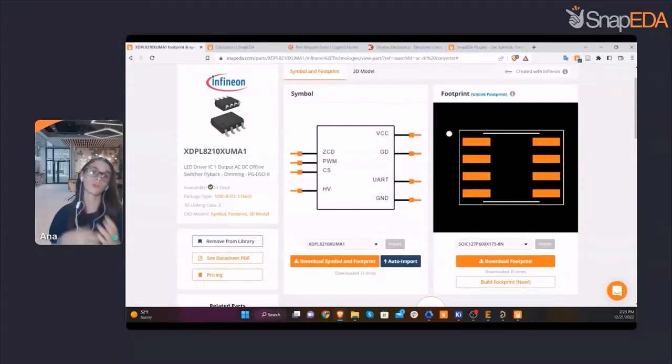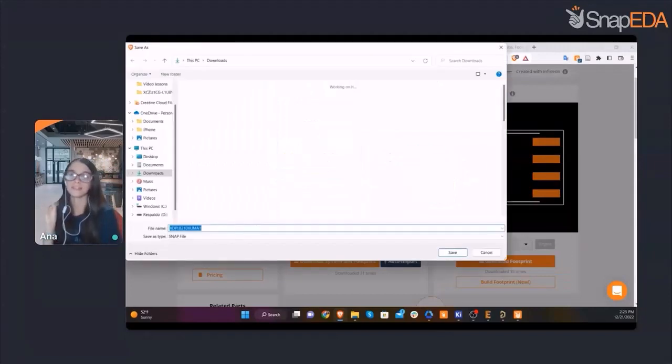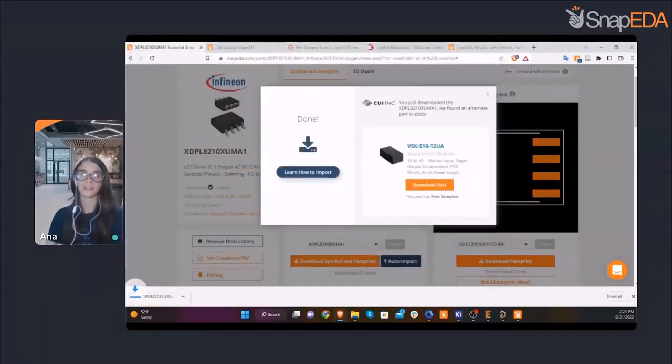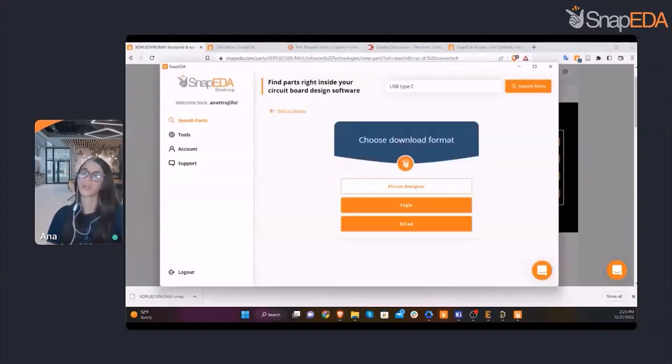So instead of having to follow the import instructions and all of that, you can just click here, and this will download the snap file, which is the SnapPDA desktop file, and this will be automatically recognized by the desktop app within a few seconds. And once it does, this will open the desktop app. There we go. So the desktop app takes a few seconds, it recognizes it, and then it just takes you back to where we were just a few seconds ago to choose your format.